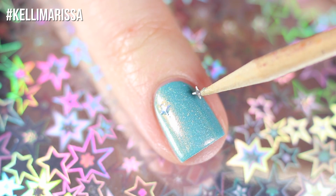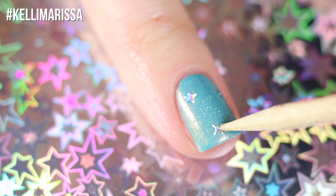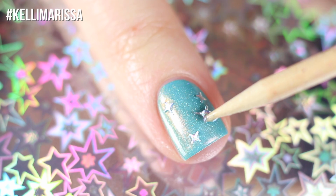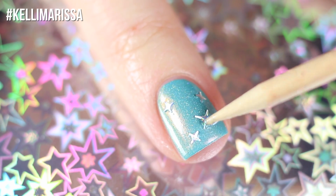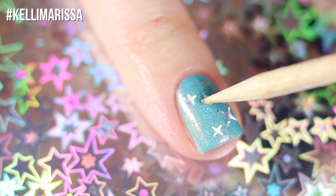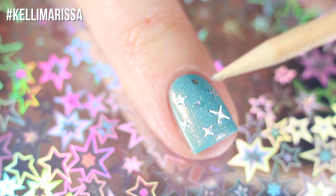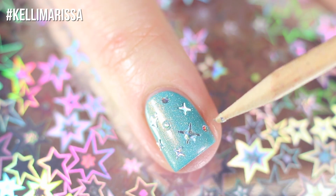So the way that I do this is I just pick the different sizes and the colors, and I place them where I want to have them. Now with this top coat, there's actually a bunch of tiny little shimmers in here as well, and smaller hex glitters, and if you just do glitter placement and then apply your top coat, you're going to miss out on doing that. So what I like to do is after I have applied all of those, sometimes I'll go in